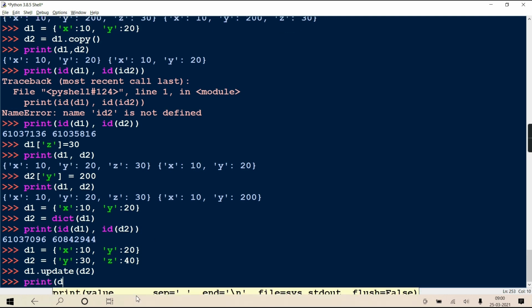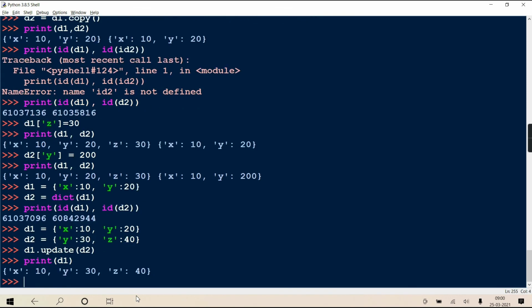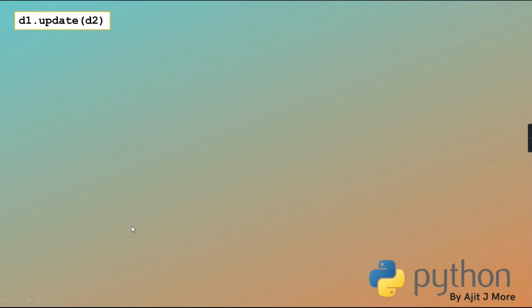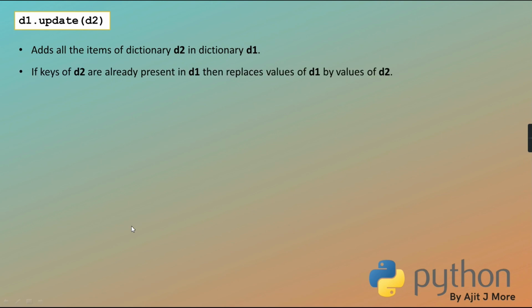Now print and see d1, you will see x10 y30 and z40, because d1 was already having y, so only its value is replaced over there. In place of 20, 30 is replaced. Clear? Okay, got it.